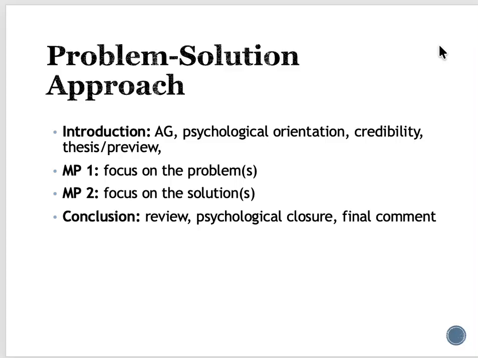So a lot of what we just discussed in terms of logos, ethos, and pathos is going to naturally be woven into the structure of this speech. But remember, keep thinking about how you can satisfy all of those needs of the audience as you're working on developing each of those main points. So this is a contemporary approach, the problem solution approach. The point here is to discuss solutions to a problem. We don't want to ever leave the audience hanging by just kind of sharing a problem and not saying, here's the solution to it. And additionally, a big part of persuasion is really just establishing that something even is wrong